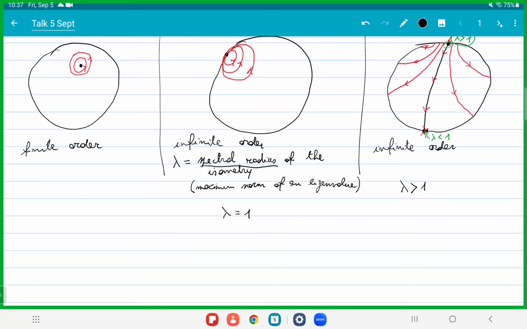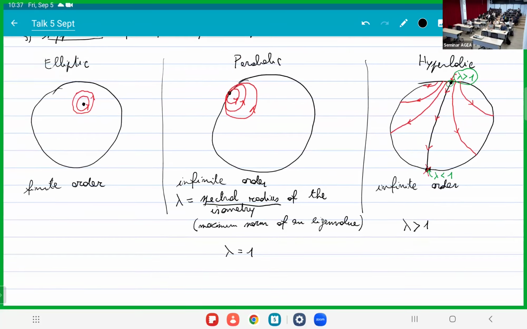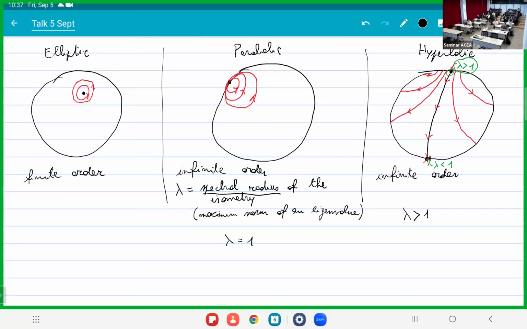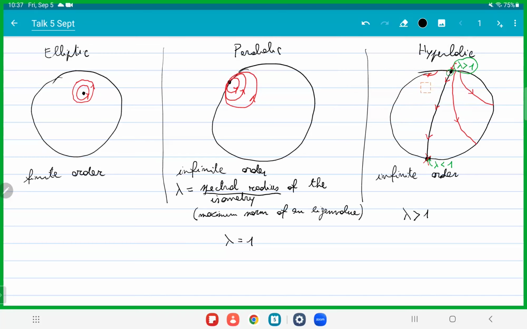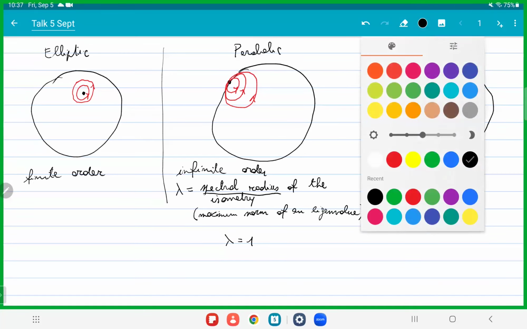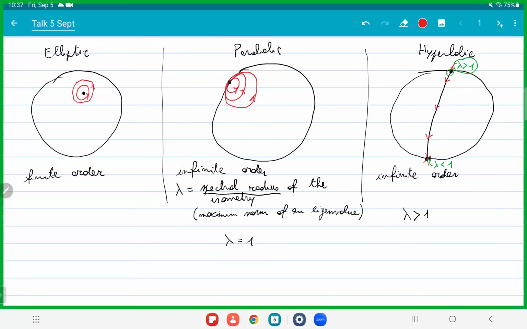But how can we come back to K3 surfaces? Sorry, I have a question. Yes, of course. In the hyperbolic case, I guess all the flows should converge to one of these fixed points. Yes, right. That's a good point. So maybe the picture is not precise. Maybe let's do it like this. So I would like to say that first the points here, they go a bit like this, and then they go towards the other one.